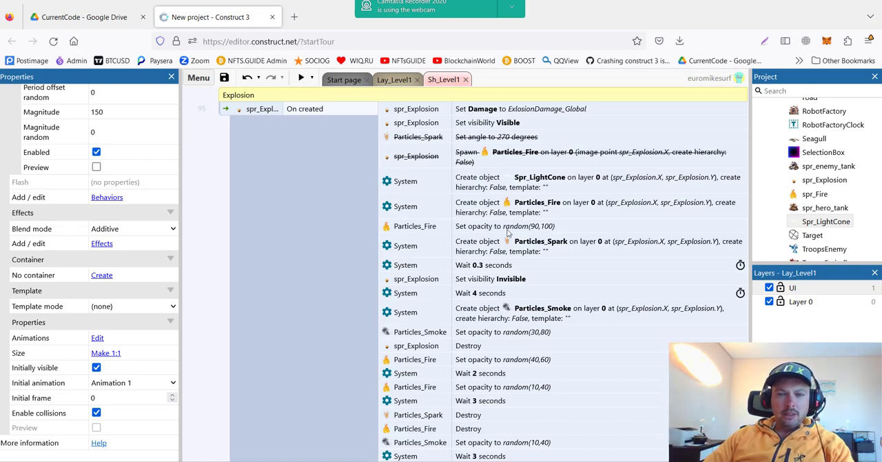Then we set particles fire opacity to random, because if we have several explosions, we don't want them all to look exactly the same, right? Now at the same time, this all happens instantly. We set sparks, which go one shot, right? Then we wait 0.3 seconds and get rid of the original sprite of the explosion, so it doesn't keep exploding